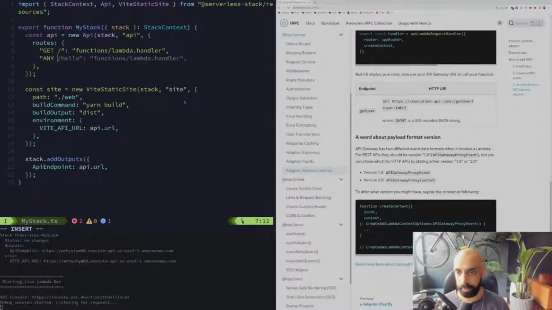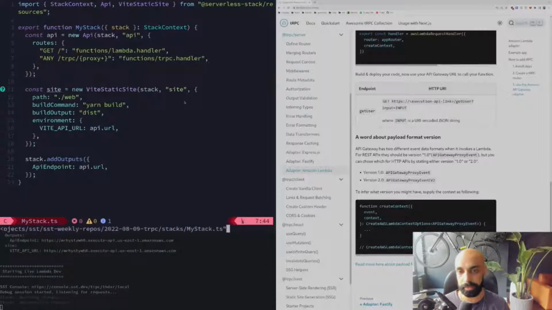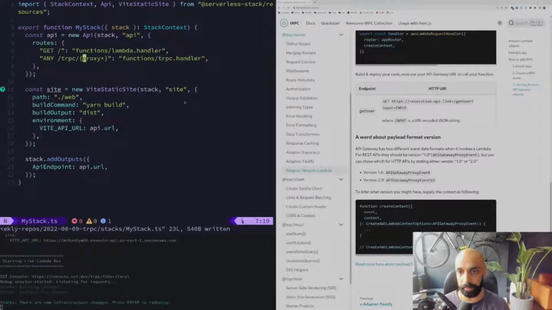So let's just do any. And I'm going to show you something specific that is helpful for tRPC. So we're going to say the tRPC path is at /tRPC, but then we're going to do this. So what this means is that any route that's starting with tRPC will be passed to this handler. The reason we need to do this is the source of truth for your various queries is going to be